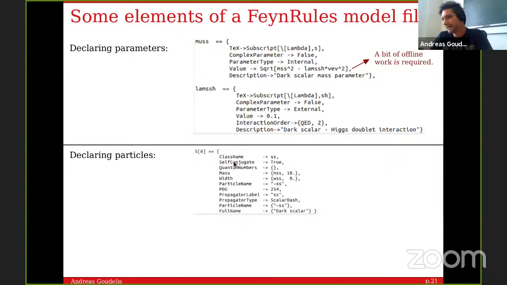You declare a class name. We take it to be a real field, so it's conjugate. It is not charged under SU(3) cross SU(2) cross U(1), so it doesn't have quantum numbers. It has a mass. It has a width, which is in our case 0, since it is stable. A particle name, you can assign a PDG code if you want to it, and then attribute some other elements. What is important in our case is the particle name,